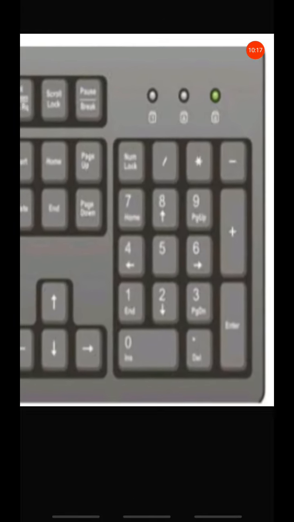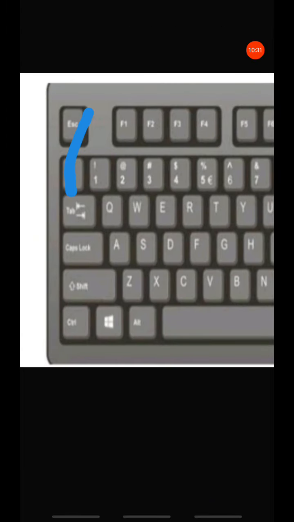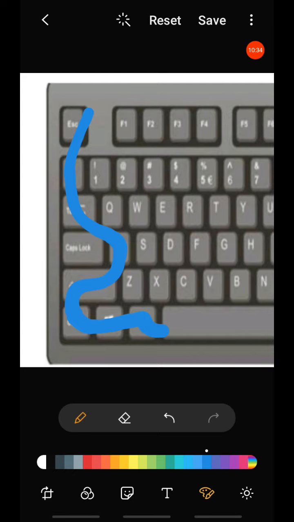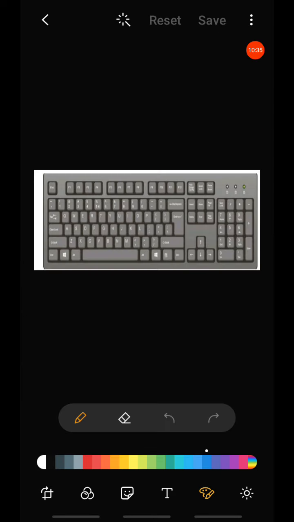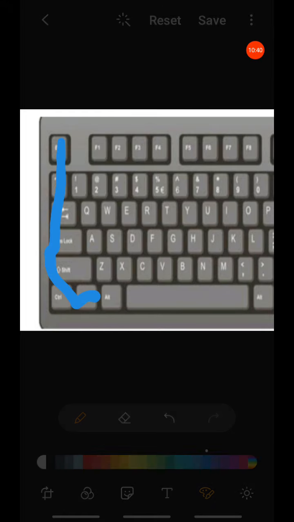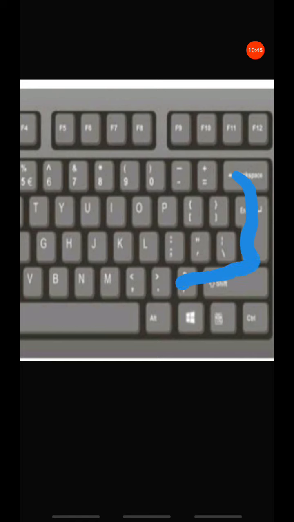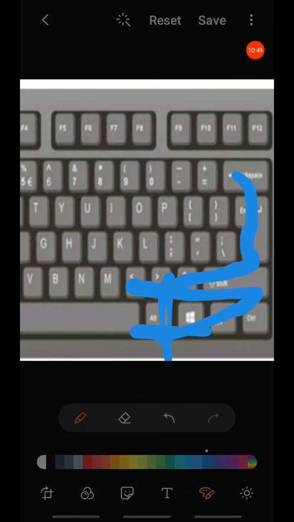So I am now explaining the last part. This is the keyboard. In our keyboard, these keys are there. For these keys, we are only using our right hand. The left hand is used for these keys, not the spacebar. And the right is used for these keys, not these two.